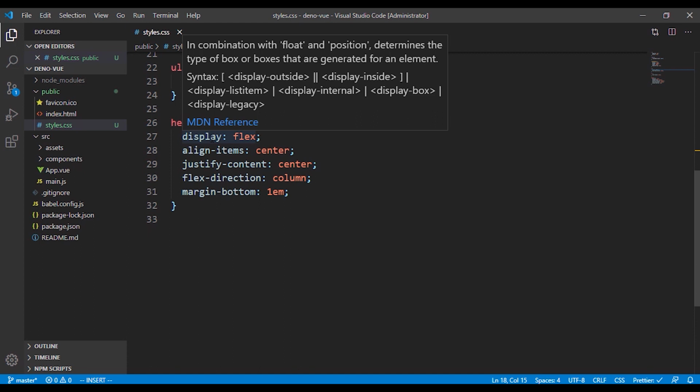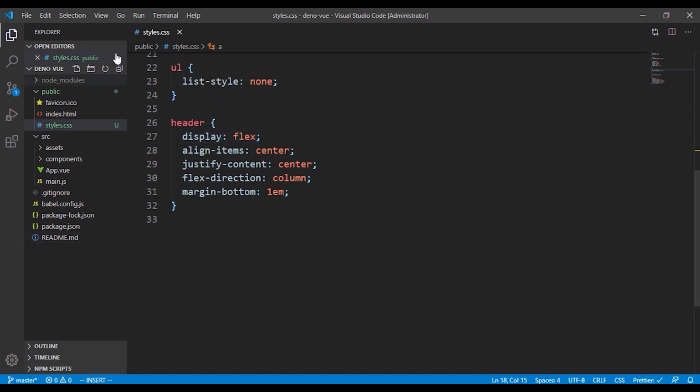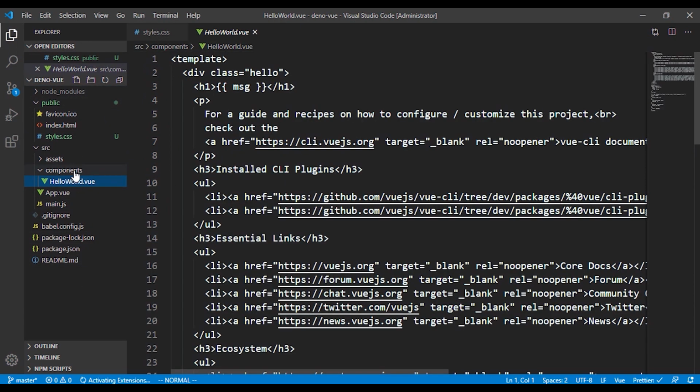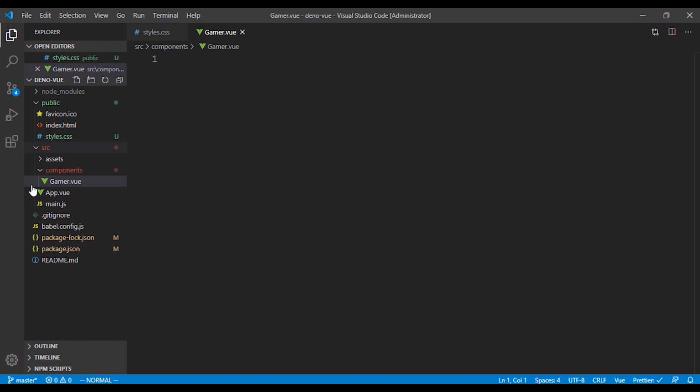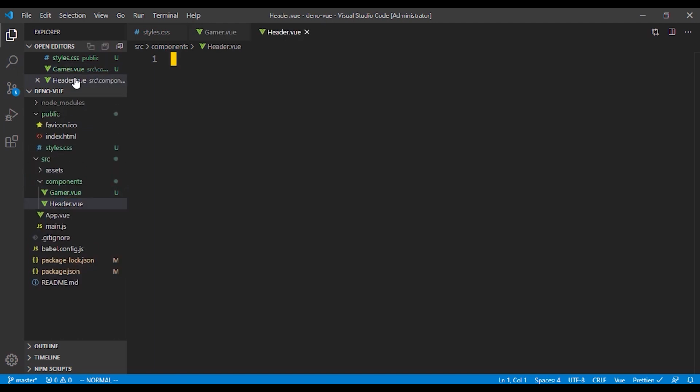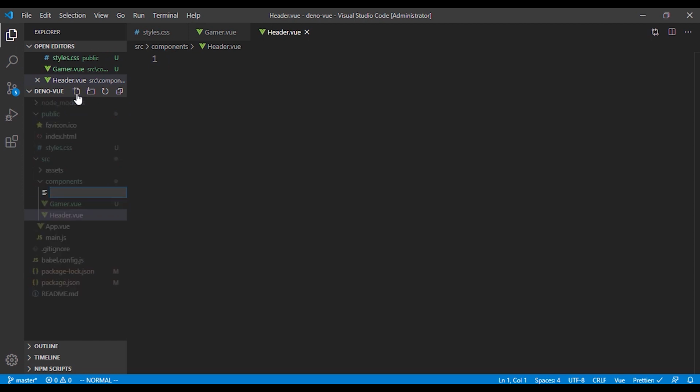So we're going to create some components right away. In the project folder, I'm going to get rid of this file. The files I have to create right now, make sure you create them in the components folder. The first one is called gamer.vue. The second one is called header. The third one is the